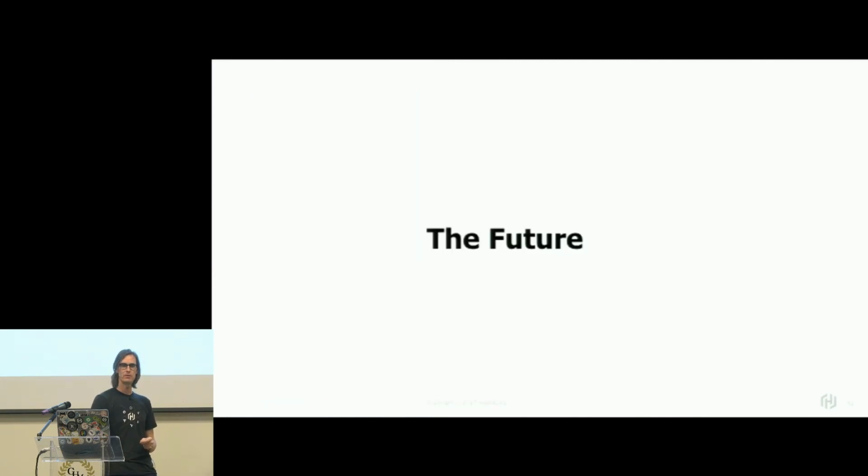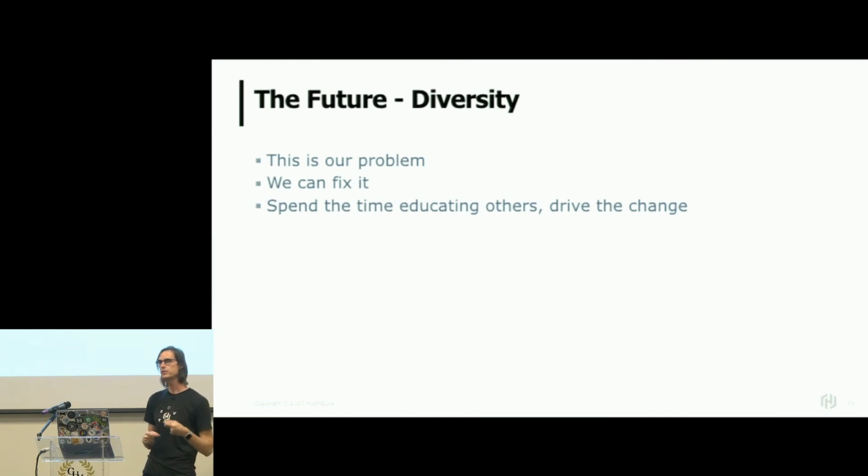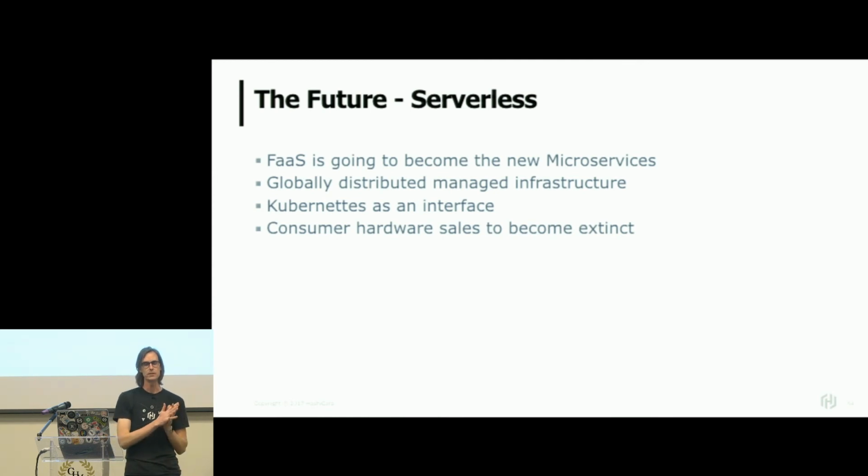So let's have a stab at the future. Okay, so the first problem. The first problem we face in tech is diversity. And I think this is something we need to change. We need more diversity. We need the difference of opinions that are going to drive the technical advancements. We need that cultural mix-up. And this is your problem to solve. Everybody can do a bit to solve this. From a technological perspective, serverless, it's going to be king.